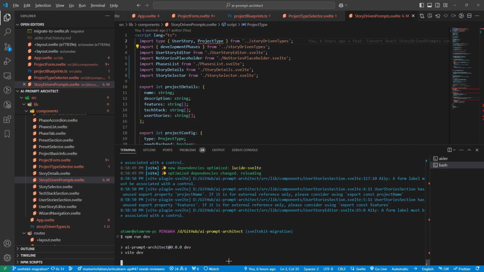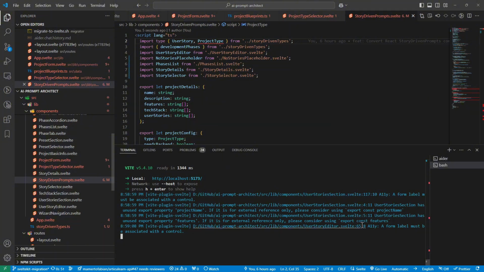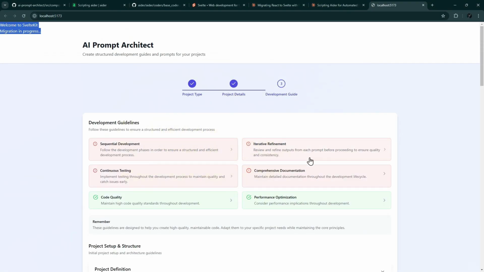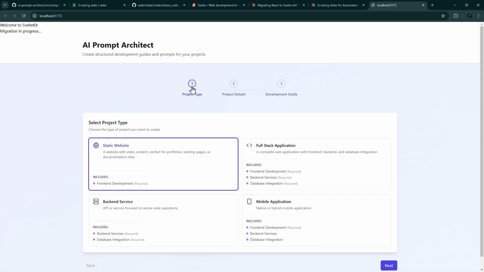Restart the npm run dev. There are several warnings that we can ignore for now. There you go. It works. All the components here are looking good. So I will not completely fix all the functionality because I know from the start that this app has some issues. So right now we can say that we have succeeded in converting the AI Prompt Architect app from React